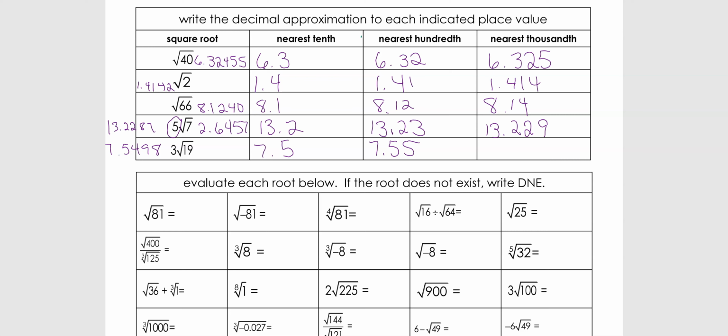So let's analyze this. Nearest thousandth means we're going to analyze the 4th decimal place. It is 5 or higher, so that means we're going to round up. When we round up the 9, it becomes 10. So that means we need to carry the 1 over here. So the 4-9 becomes 5-0. So our nearest thousandth is actually